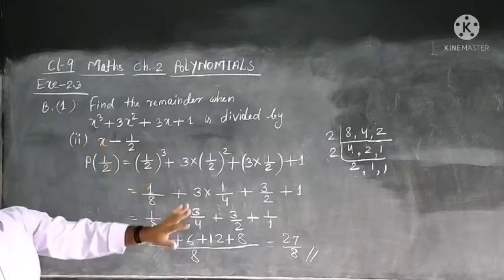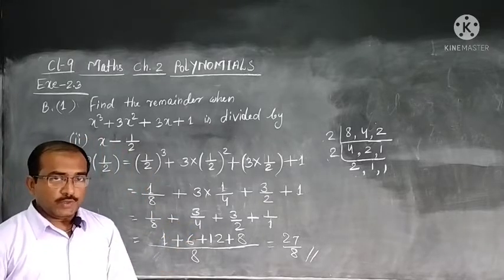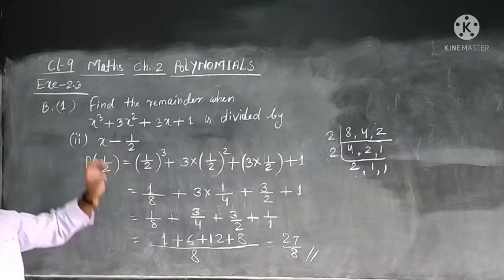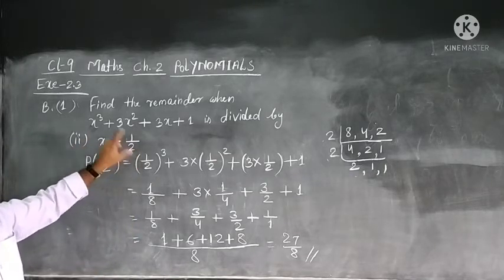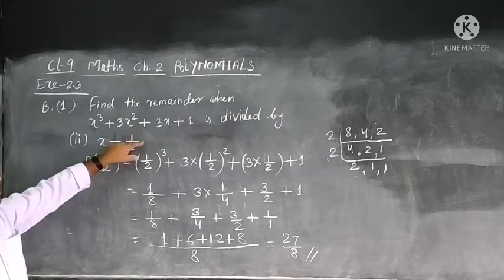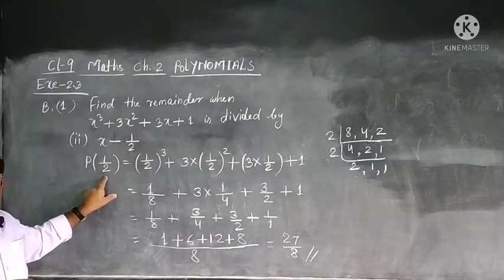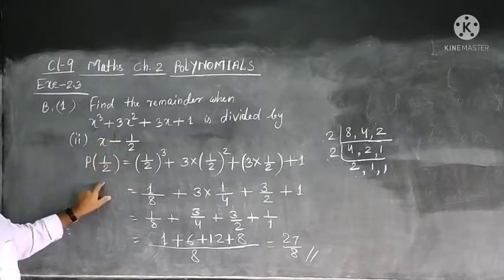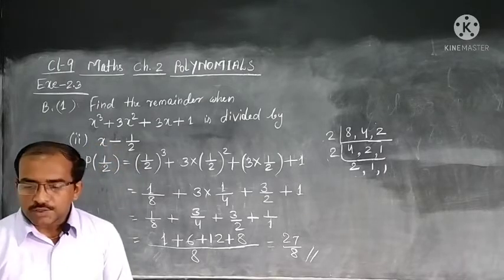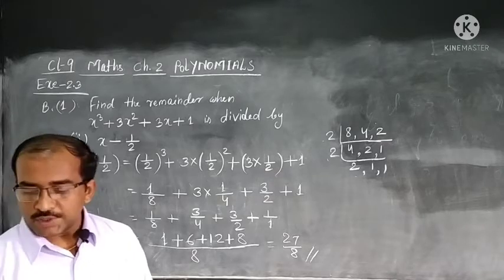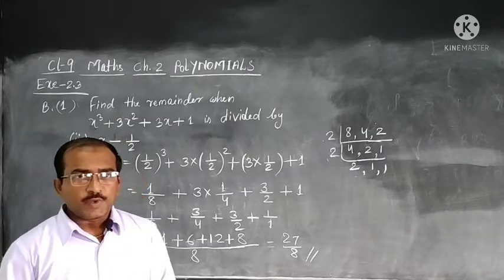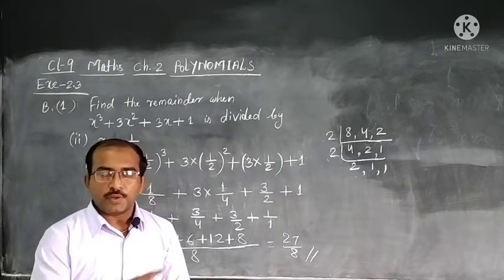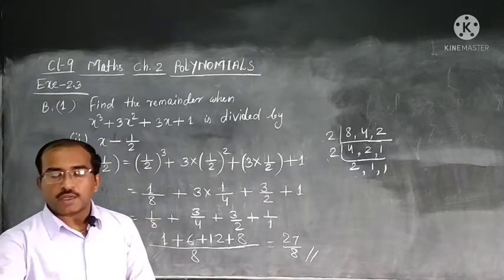Wherever we are dividing, we use the remainder theorem. Only one simple rule we need to remember. What is the given divisor? We need to take the constant with the opposite sign value. If it is minus 1 by 2, we use 1 by 2. If it is plus 1 by 2, we will use minus 1 by 2. Let us go again. 3 numbers are there: x minus 0, x plus pi, and next is 5 plus 2x. I hope you will follow the same pattern and complete that 3.